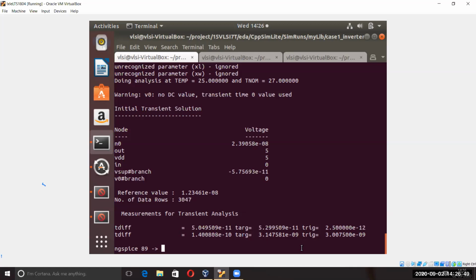If you convert it to picosecond, it's around 50 picosecond, 50.49 picosecond, and the next one is 140 picosecond. It's 10 to the minus 10; if you do 10 to the minus 12, then it will be 140 picosecond, and the upper one is 50 picosecond. Okay, so that's it, this one is done. Does anyone have any doubts here? Otherwise, I'll show the next one. Can you go to that plot again?